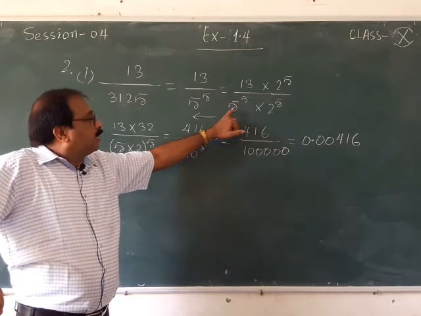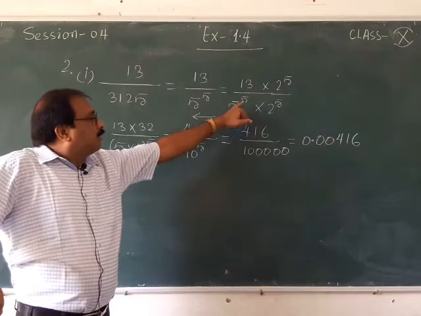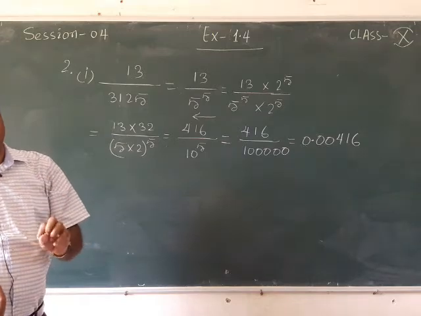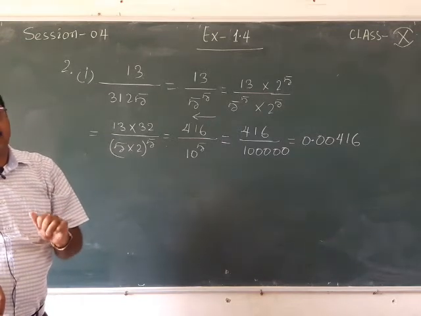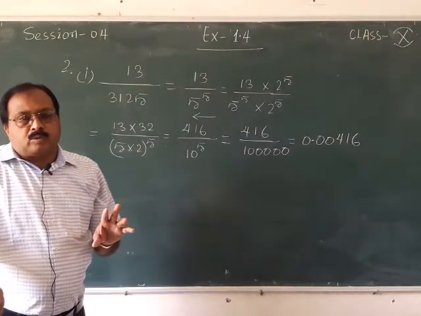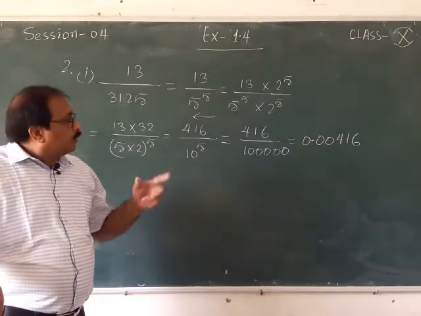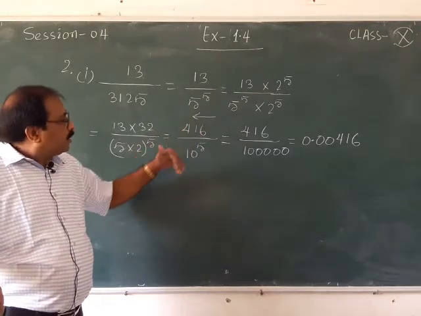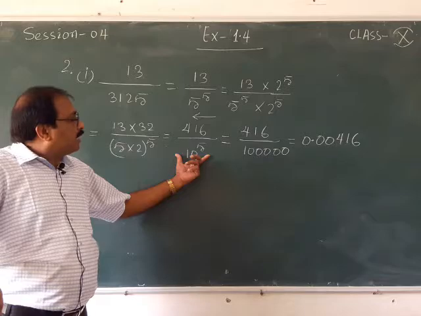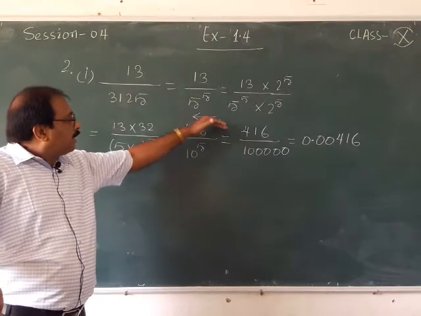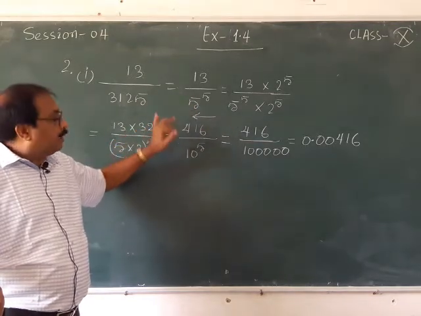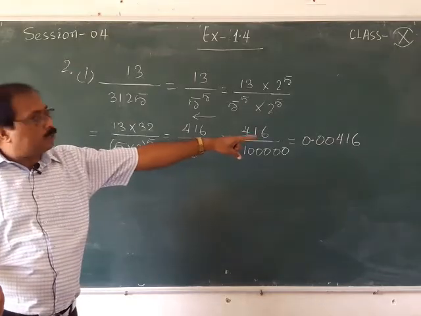Sometimes you get a number where the powers are not matching. Suppose one number has power 5 and another has power 2, then you must know that you have to see the maximum power, and accordingly you have to equalize the powers so that you can change it into the form of 1 upon 10 to the power. That means if 10 to the power 5 is there, the decimal can be shifted from right to left after 5 digits. So you can write your answer.